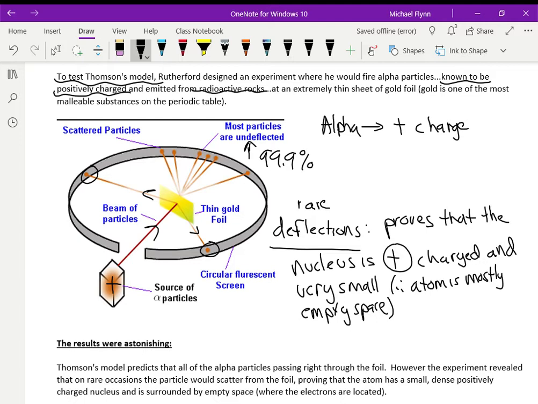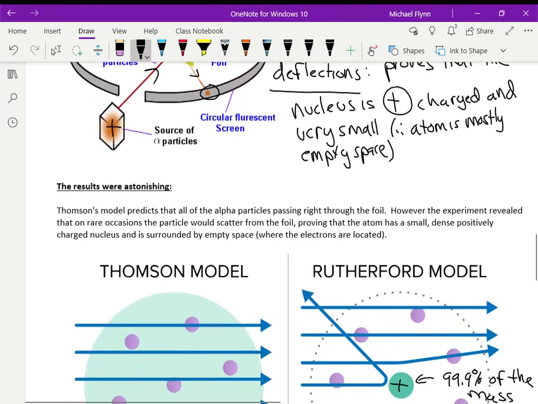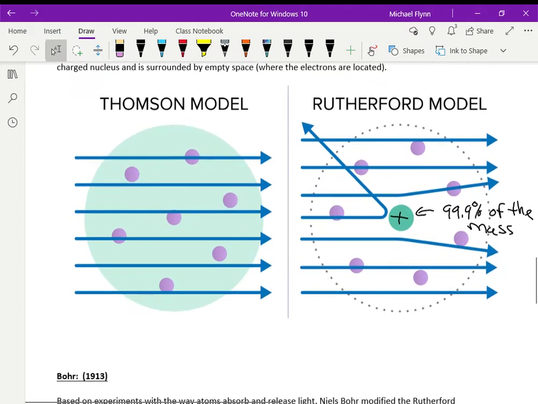But the fact that some get deflected proved that the nucleus can only be positive, because that's the only way you can repel the alpha particle. And that's what atoms do, they repel the alpha particle in the rare circumstances where that little alpha particle is on a collision course to the nucleus. So, I explained that in the paragraph here, but to sum it up,